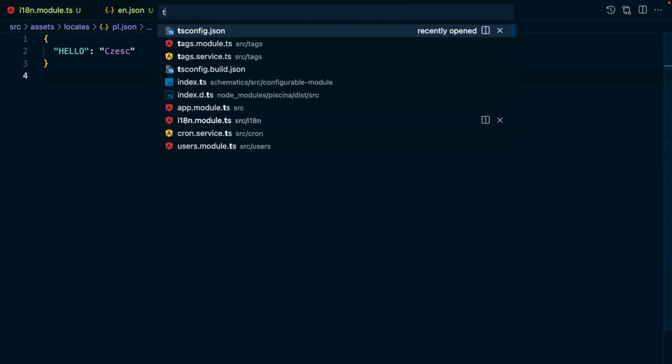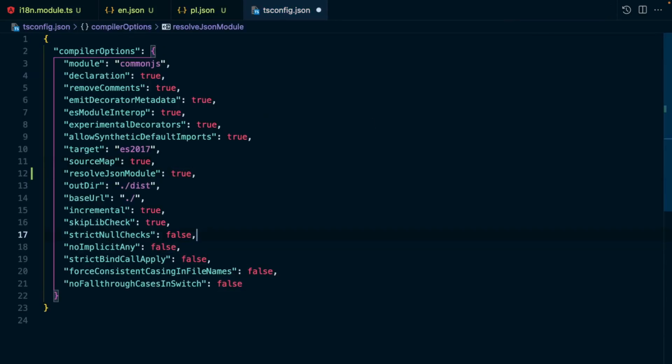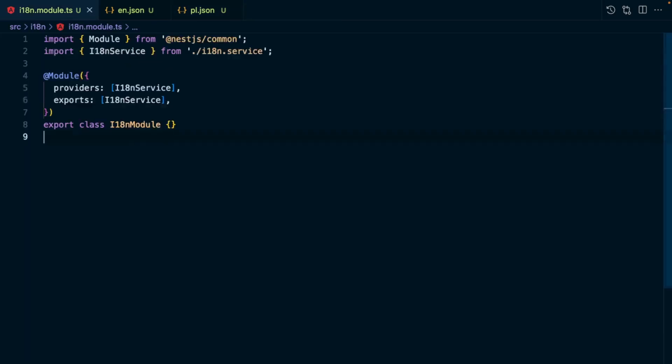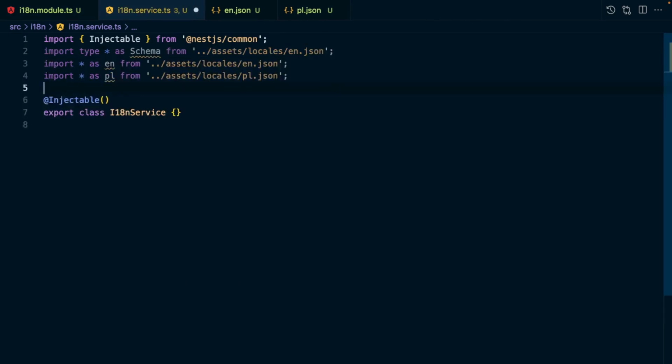Let's also make sure we update our tsconfig JSON file, setting resolveJsonModule to true, which lets us import JSON modules from within TypeScript modules. Now onto our I18N service. Let's start by adding 3 imports. Note that alongside the 2 language-specific imports you might see, English and Polish in our case, we also have one additional type-only import that indicates that we'll treat our en.json schema as the main schema for all the other languages and translations,